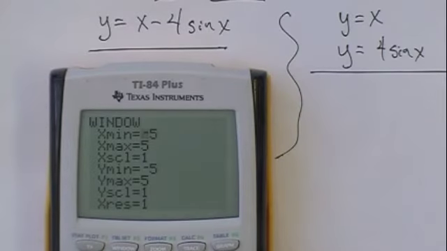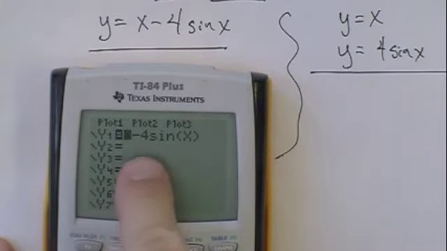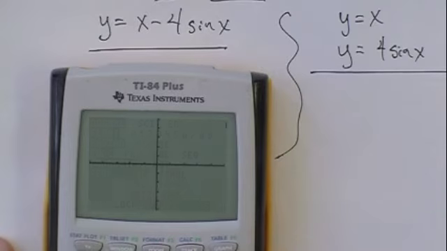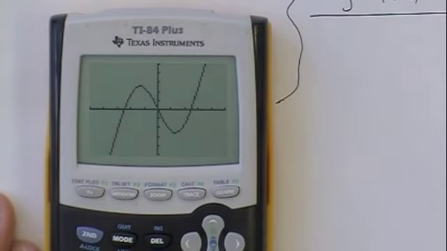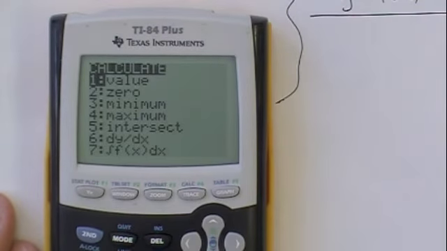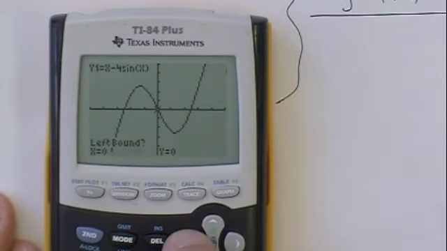On this first example, I'm going to do x minus 4 times the sine of x. I've set my window from -5 to 5 for both x and y. I've already plugged in x minus 4 times the sine of x. I am set in radians on this. So now when we look at the graph, again on this one we have one equation, so now we're going to be looking for the zeros as we work our way through this. So we can calculate, we can find zeros that way, in which case we have one here at 0, 0 we can see. We can also scoot this over and we can see it's going to cross